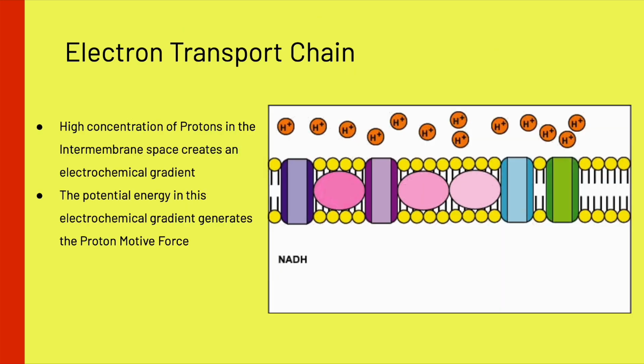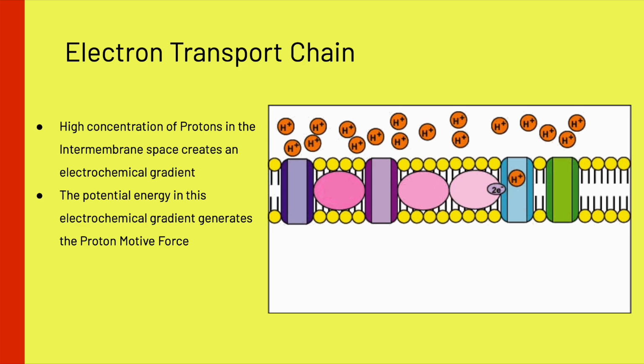The movement of electrons across the electron transport chain releases energy that is used to pump protons out of the matrix and into the intermembrane space. This creates a high concentration of hydrogen in the intermembrane space and a lower concentration in the matrix, creating an electrochemical gradient. In the process, protons are moving against their concentration gradient and creating an excessive concentration of hydrogen in